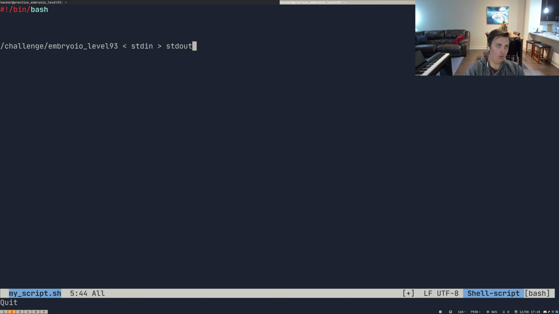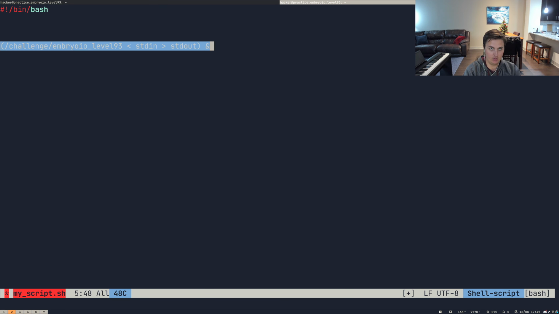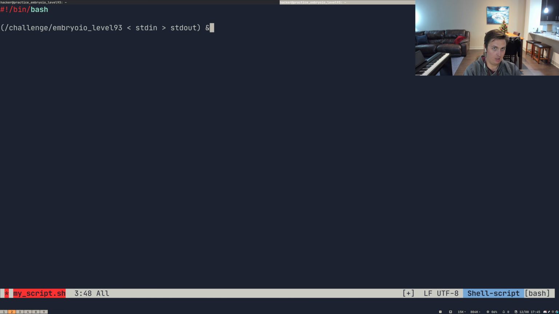Okay, let's try and do it real quick. Okay, here's what we're going to do. We're going to put this in parentheses and do an ampersand at the end, which is basically going to create a sub-interpreter within Bash and throw it in the background. So this is going to happen. It's going to be great. Then what we're going to do is,